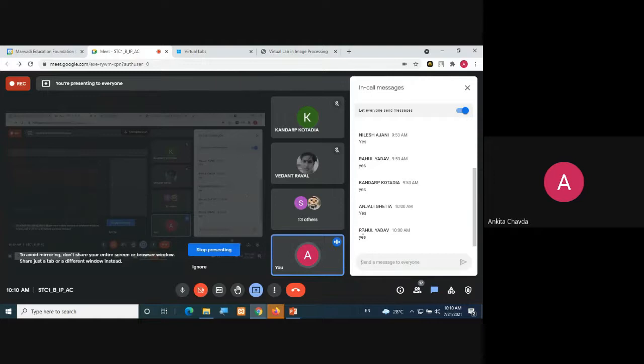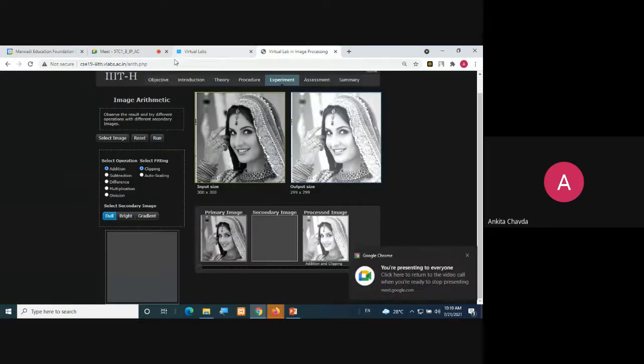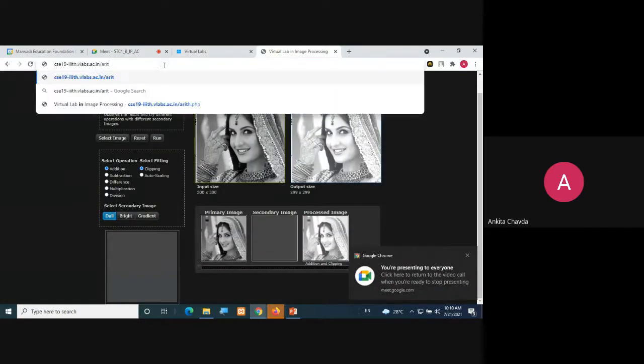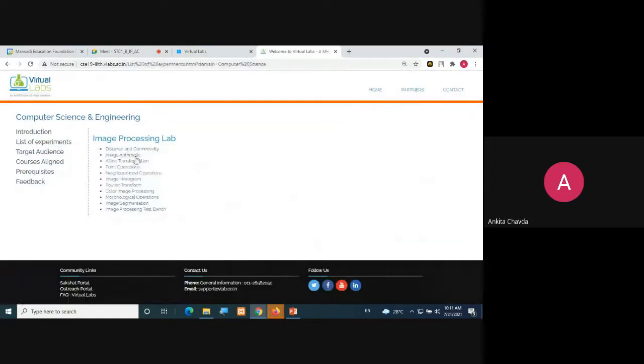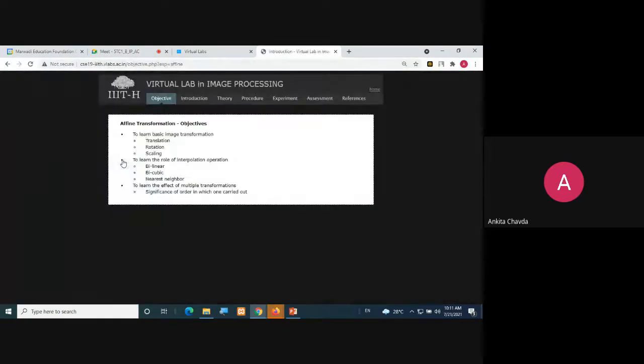So now you can start with the third experiment if you have done this. The next one is affine transformation. Do you remember in our first unit we saw translation, rotation and scaling?